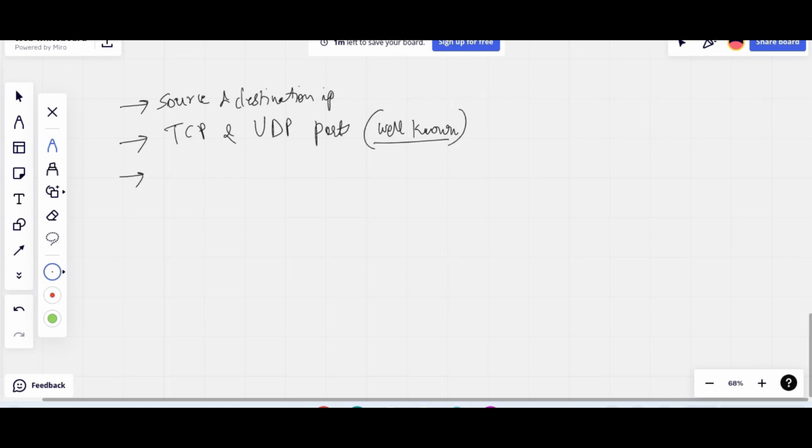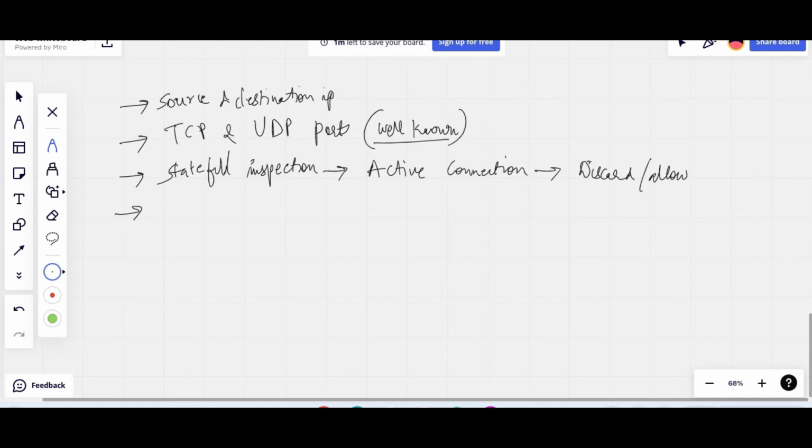The third thing I want to add here is stateful inspection. It will check for stateful inspection. Stateful inspection helps us check the active connections from our inside network, and with the help of that we can take a decision on which one to discard and which one to allow. The fourth point I want to add here under next generation firewall is application